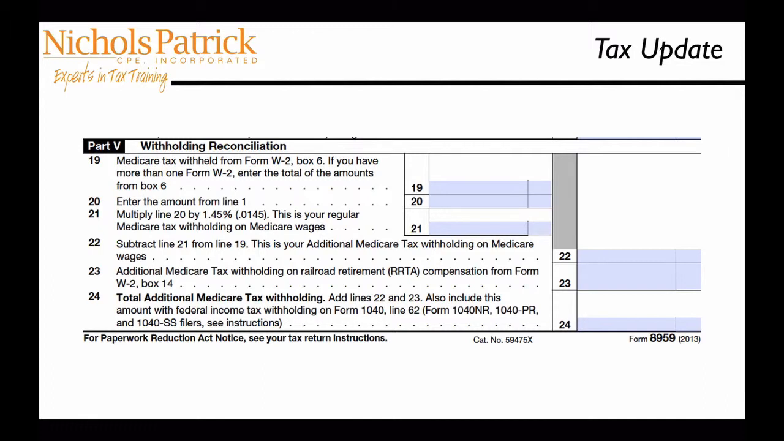For those who aren't aware, the additional Medicare tax withheld will not have a separate box on the Form W-2. Rather, all Medicare tax withheld, regular and additional, from an employee will be included in Box 6 of Form W-2. What you have to do is figure out how much in excess of the 1.45% of total wages was withheld